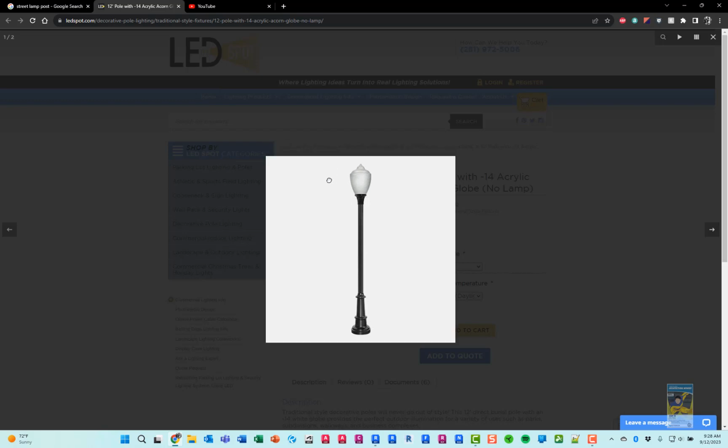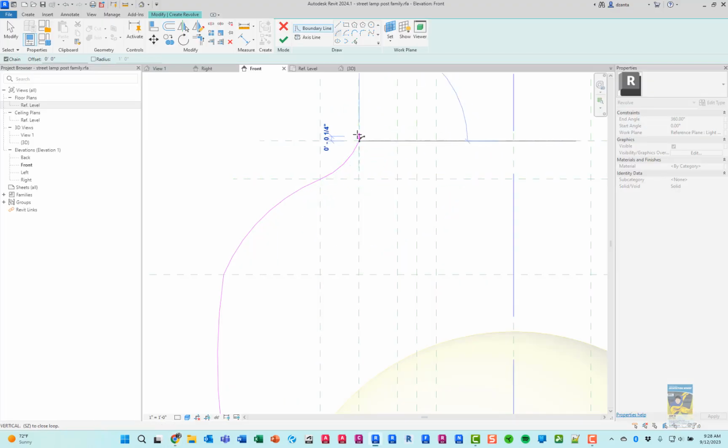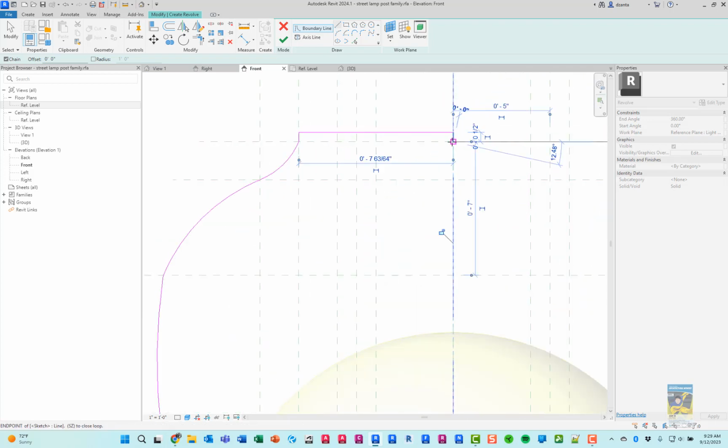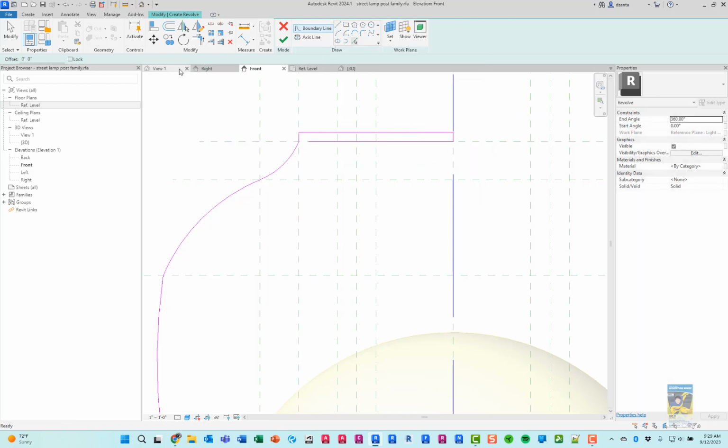And then we've got a little top part. So for now, we'll just do a line. And we'll run it across to here and here. Now, since this is going to be transparent and it's just a glass cover, then what I will do is I'll make my profile like this. And I'll use pick line. And we'll do the, I don't know,